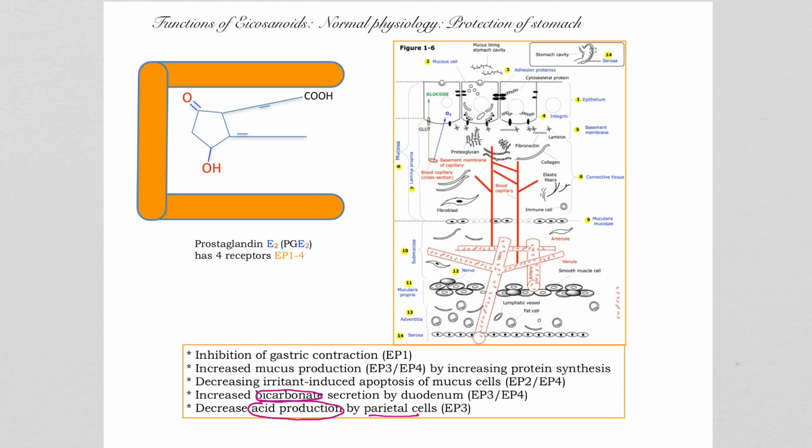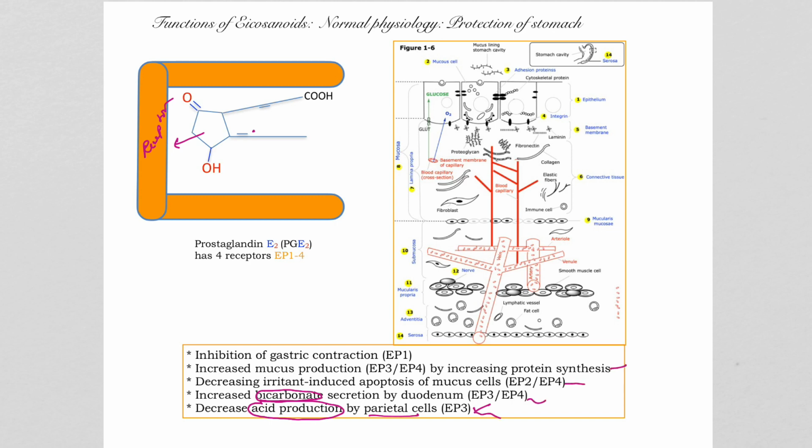So the production of HCl by parietal cells is decreased through the EP3 receptor. So again, these are signals. So when the signal binds the receptor, it leads to cell signaling that then affects all kinds of biological activities